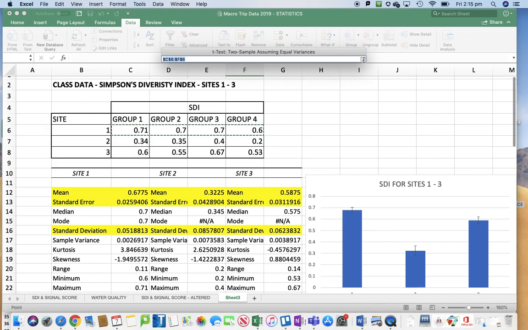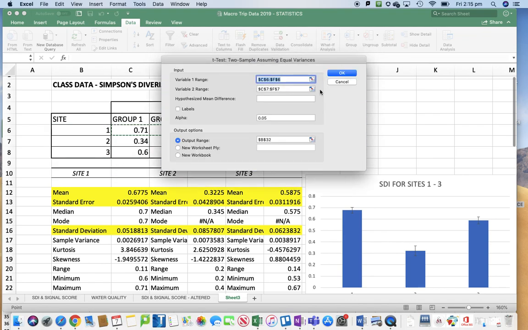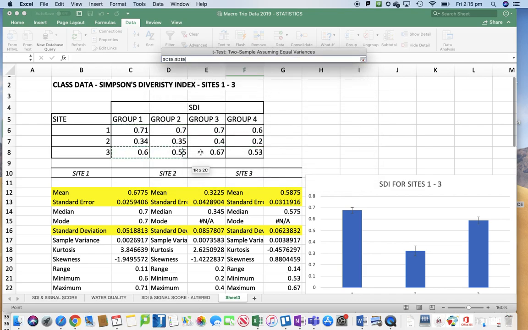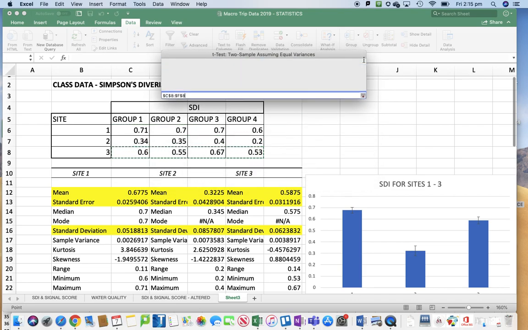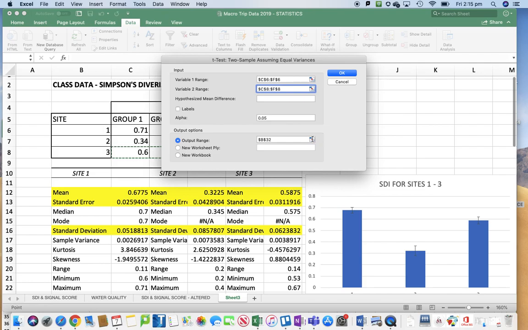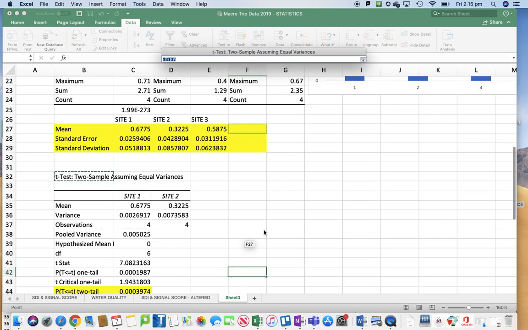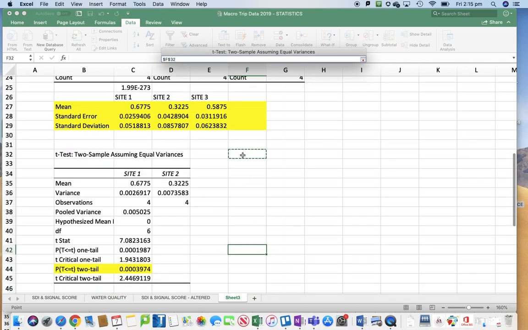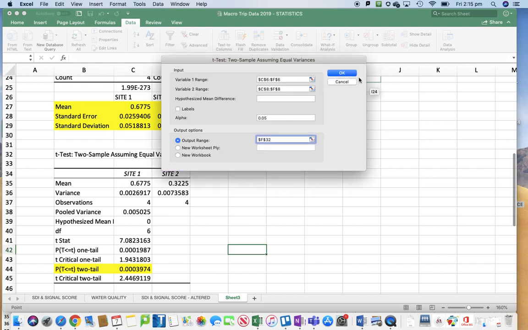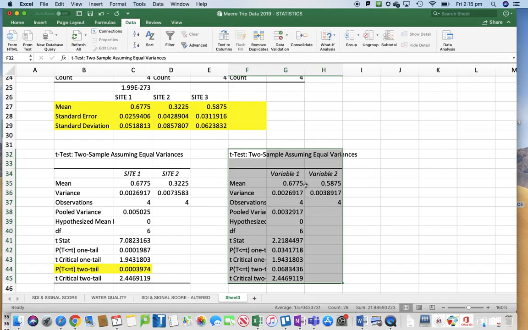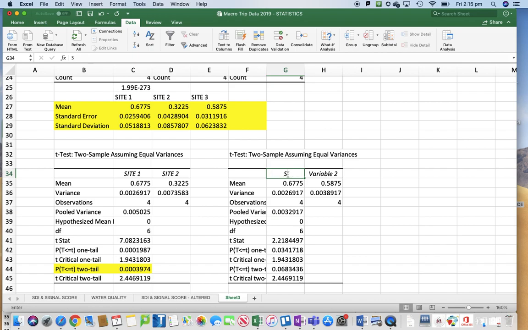So we're going to leave that as our first variable. And our second variable is just going to be site 3. Select where we want it to be placed in our spreadsheet. Just going to place it next to that last one and click OK. Once again, we want to just put in our information here, site 1 and site 3, so that we know that we're comparing site 1 to 3. Highlight our p-value,